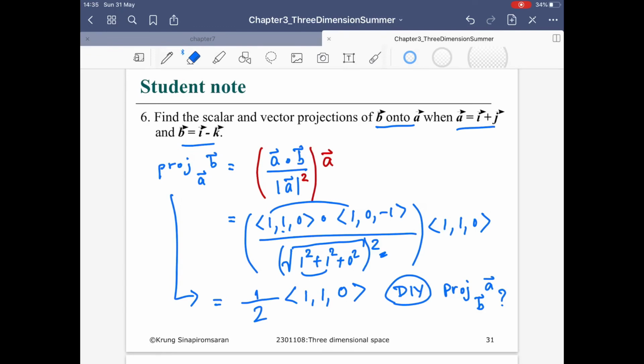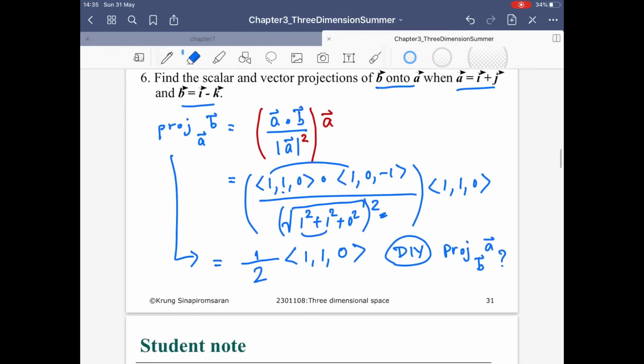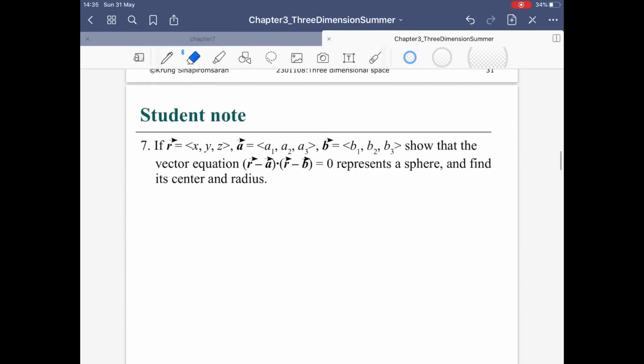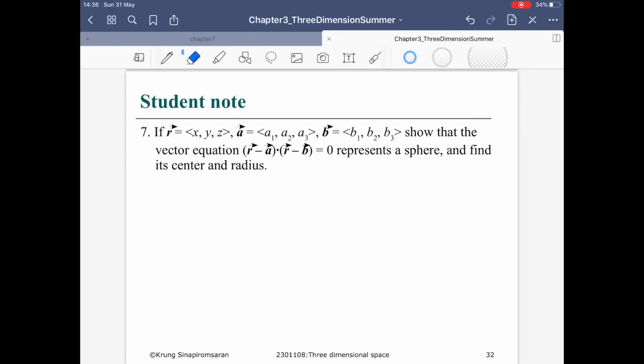For the rest of the problem, we are not going to complete it, but we are going to just explain how to do it, and then we'll let you do it by yourself. For example, if you really need to find the dot product between r minus a and r minus b,